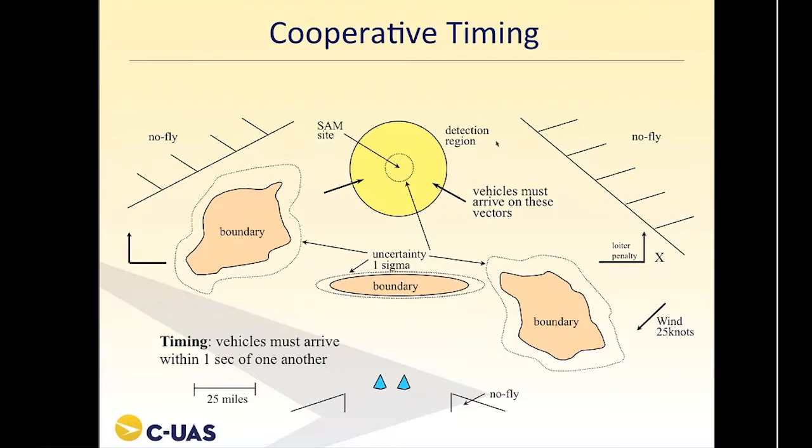One of the earlier experiments that we did was a cooperative timing experiment, and this is a little cartoon of the experiment. At the bottom of the screen you see two little triangles. Those are meant to indicate aircraft, and the objective is to get the aircraft to our target location, indicated in yellow at the top of the screen. And we wanted the unmanned aircraft to arrive at the target simultaneously, but on different vectors, and you can see the arrival vectors shown